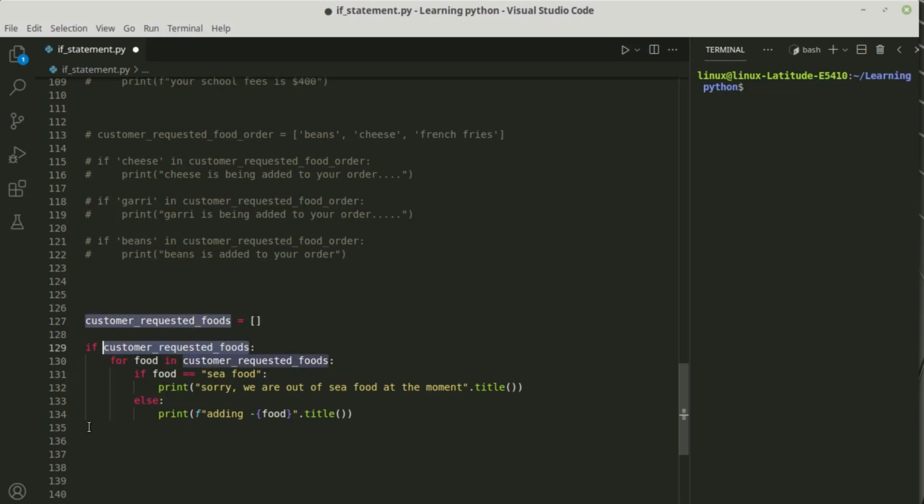So we are going to still complete this else here. See if there is any food here. What we are doing is, if this customer has ordered any food, go ahead and loop through the food and say, for food in customer food, do something, which in this case, if there is any food that is called seafood, go ahead and tell the customer that we are sorry, we don't have seafood at the moment. Otherwise, go ahead and just print adding food one by one. So right now,